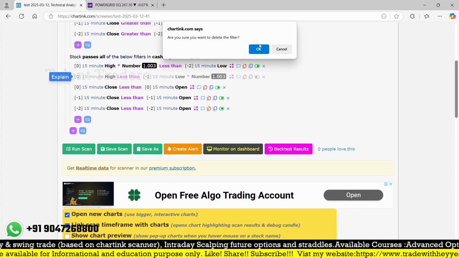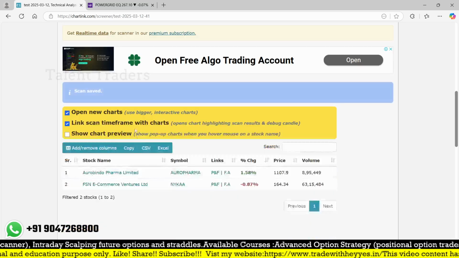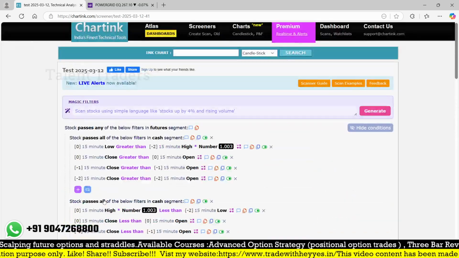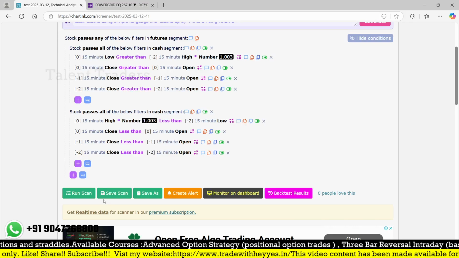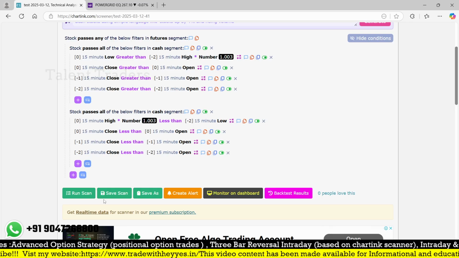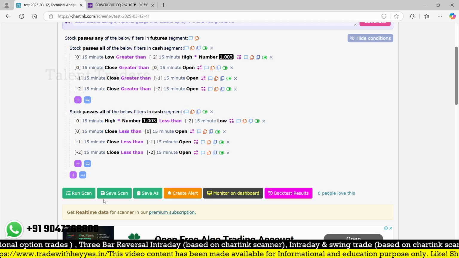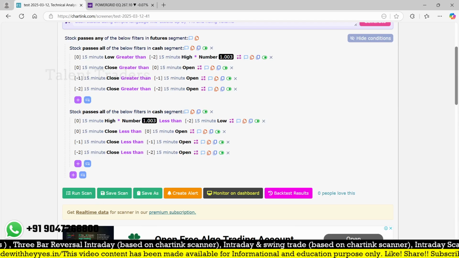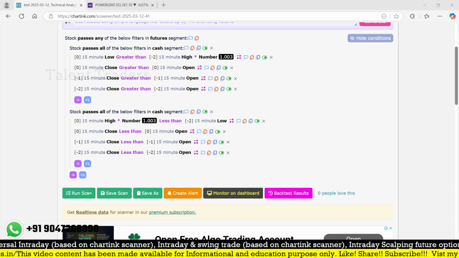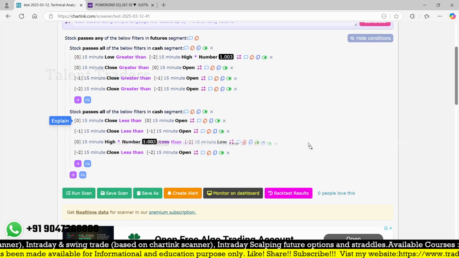So this line is not required. So this is what the scanner is. We'll use it for finding out a 15 minutes fair value gap which forms intraday, and maybe on the momentum side, the same side, because we use all the same color candles, which are the last 3 candles. So I hope you understood. So if it is a positive fair value gap,